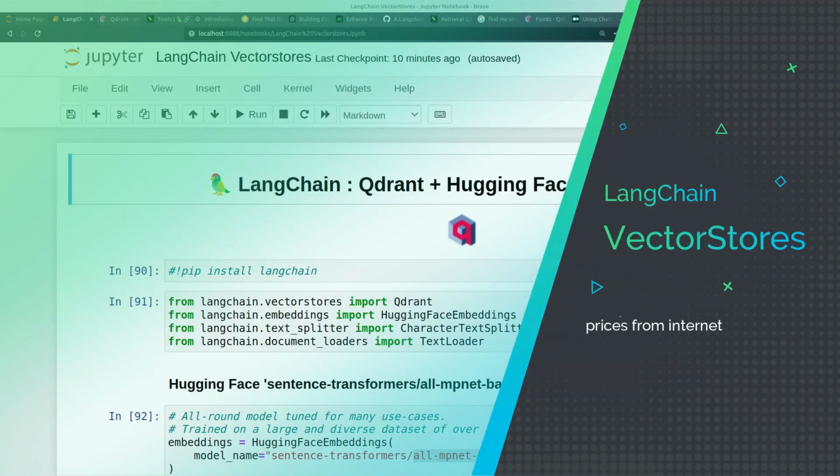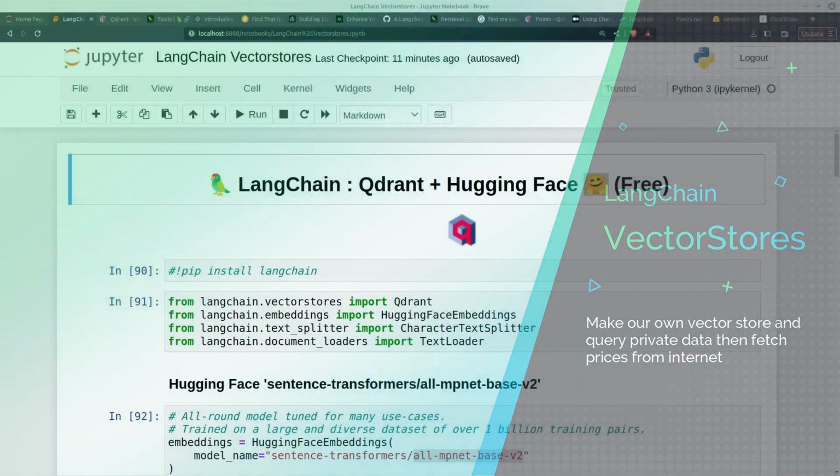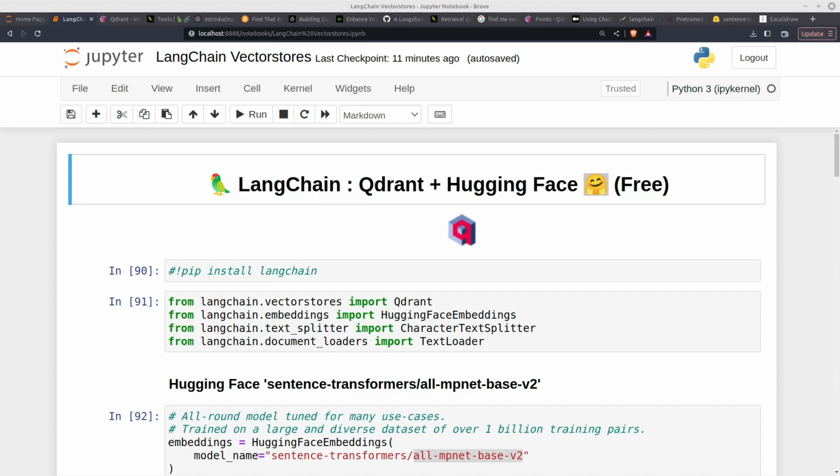LangChain and vector stores. We're going to be using Qdrant as the vector store, and to begin with we're going to be using a model from Hugging Face which will be free. It's going to be a sentence transformer model, and let me just show you the overview of what we're going